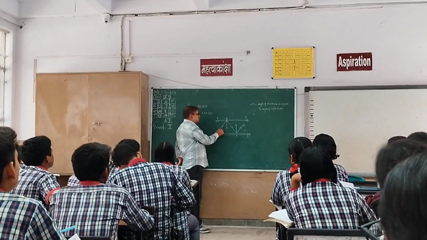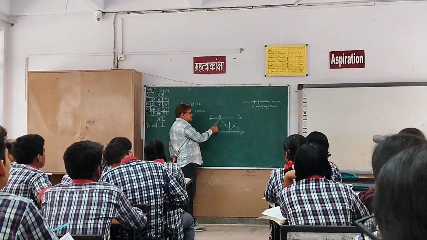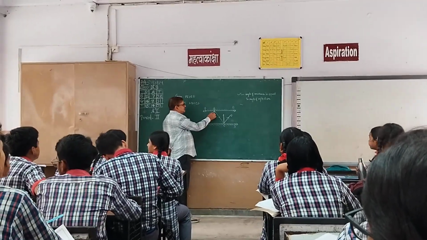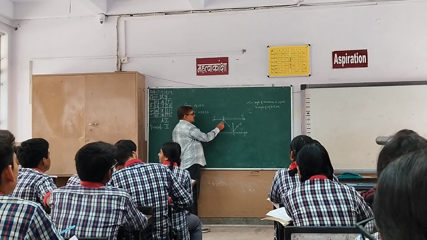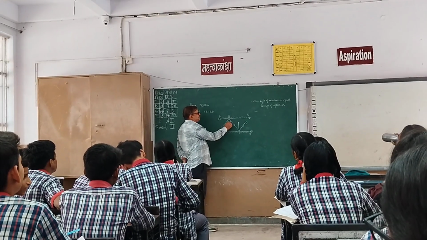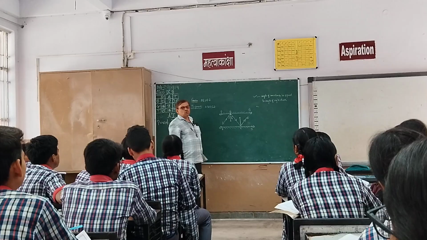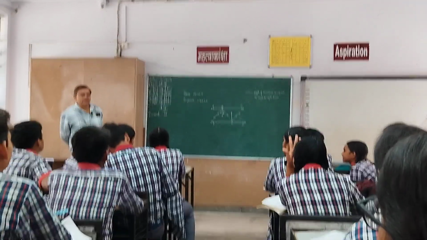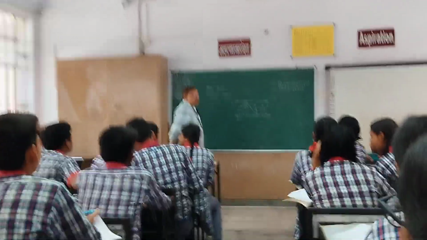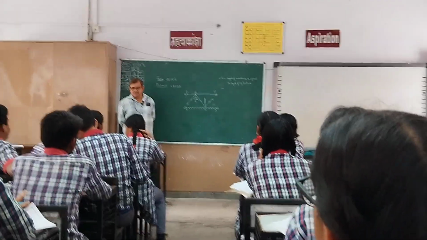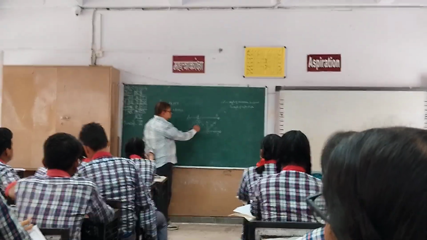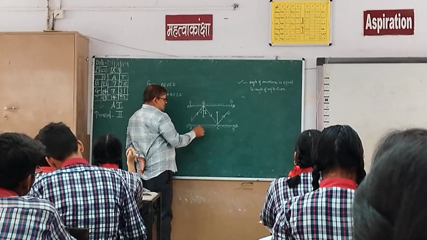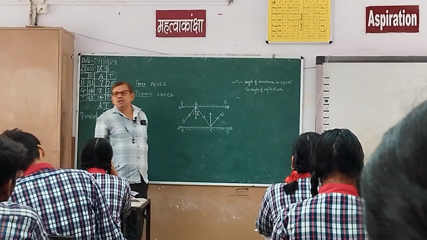यहां पर सेम सिचुएशन है, ये इंसिडेंट रे है, this is the reflected ray, and this angle is equal to this angle. Suppose this angle is 1 and this is 2, so 1 will be same as 2. Angle 1 and angle 2 are equal. ठीक है, now these two lines are perpendicular to this line PQ and RS.